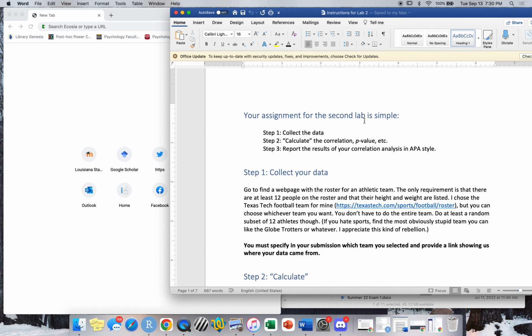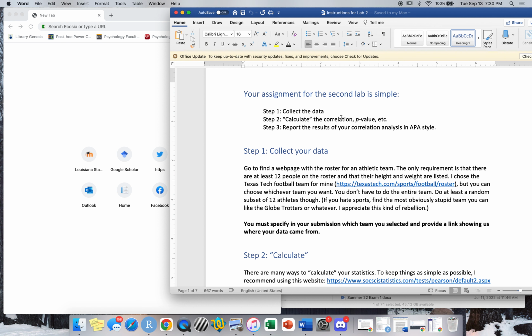So for the second lab assignment, it basically breaks down to 3 steps. You're going to collect some data, you're going to calculate a correlation. The data you're collecting are 2 variables, so you're going to calculate the correlation between those 2 variables and report the p-value. As far as the data goes, we're going to collect weight in pounds and height in inches